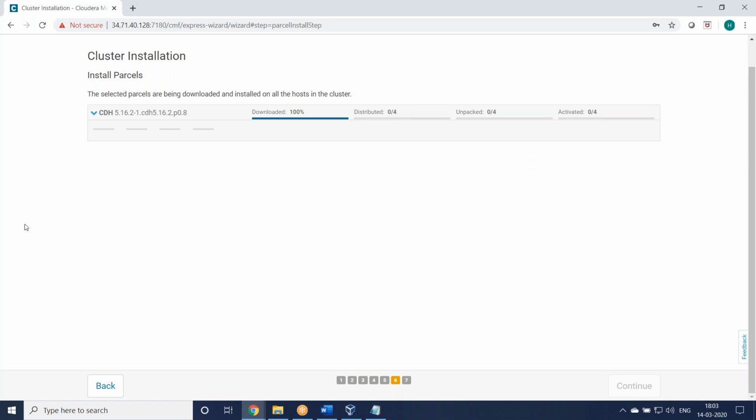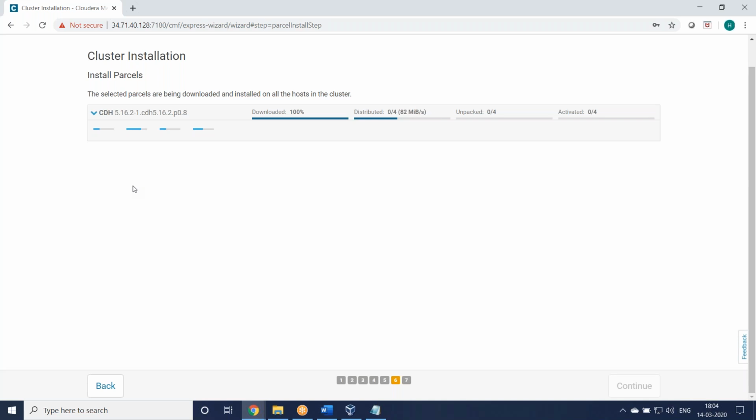Everything was through the command line before. You see here in the 4 servers, it is displaying Cloudera Manager, data node 1, data node 2, data node 3. It is distributing. After that, unpacked. You can see some green color displayed here. Let us see. Once unpacked, distributed, and activated, you can find it one by one. So you see it has now started with unpacked. This way, how many nodes there are does not matter. But you need to know each and every machine's IP address, and then you can install it.